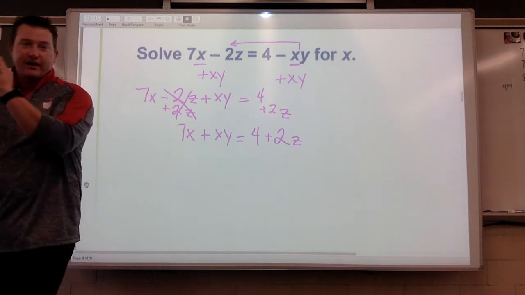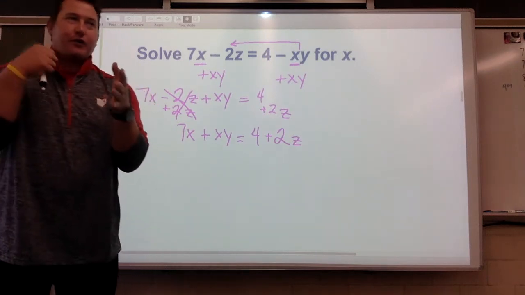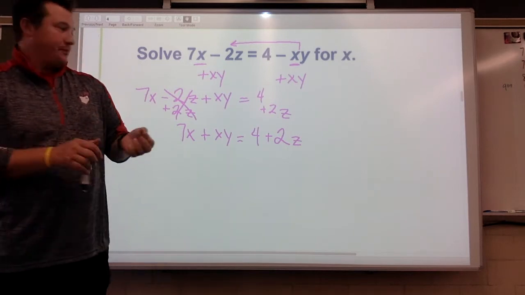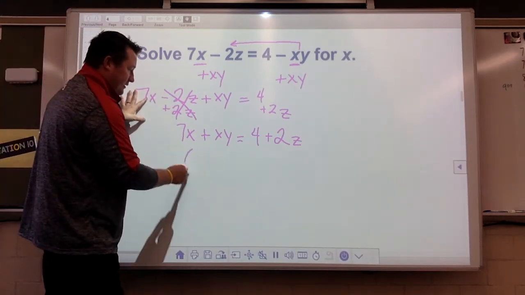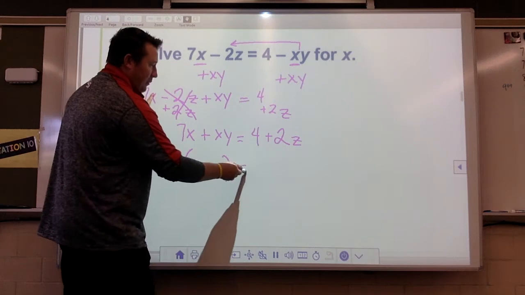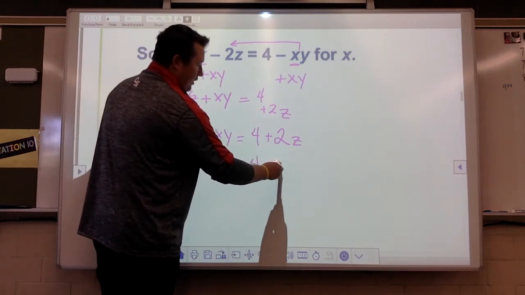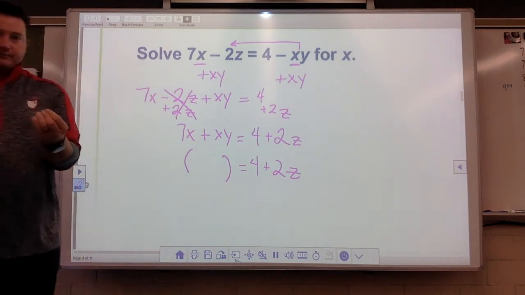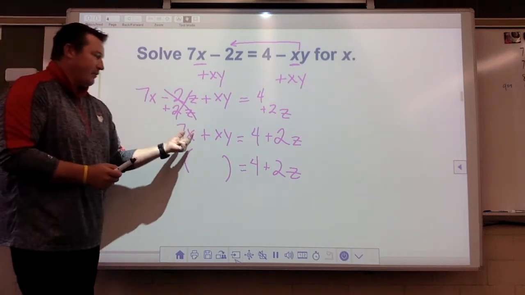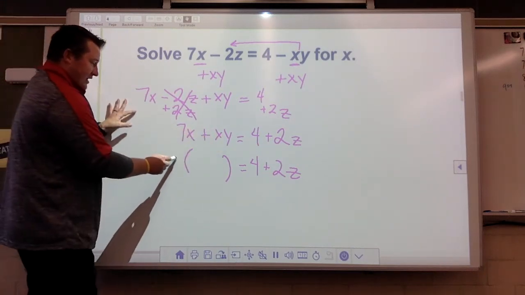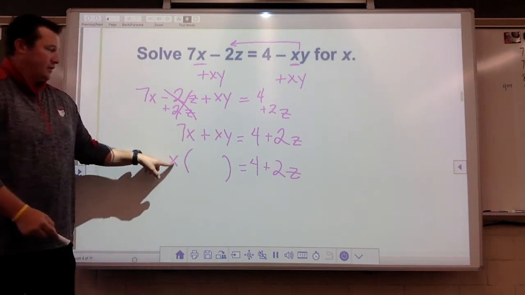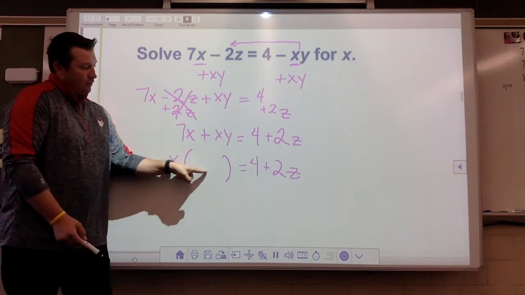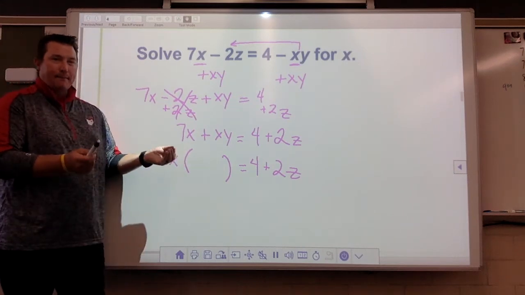Well, good news, there is a way to do that through one of my all-time favorite things that we do. It's called factoring. Okay? This is like the opposite of the distributive property. So what I want you guys to think about is what we want. I want this x right here. Bam. If I take an x away from both of these terms,